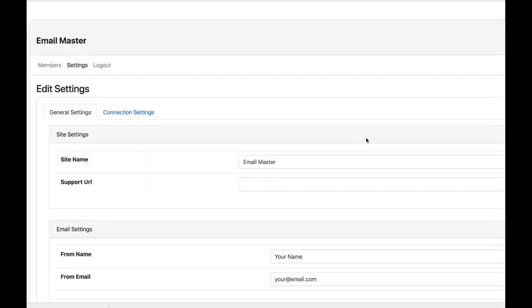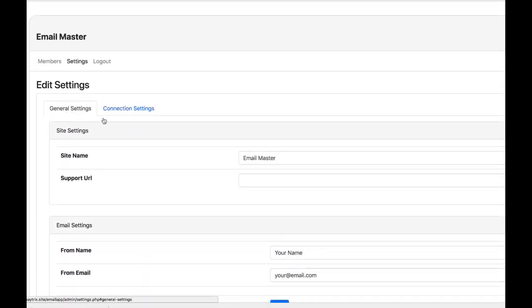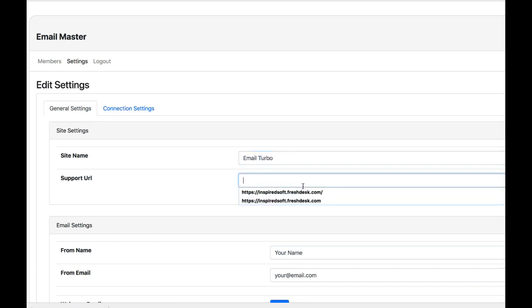So for example, on the settings page, on connection settings, you can rebrand the site name. So instead of being called Email Master, you could call it eBay Email Turbo, whatever you wish. Support URL. Now, as always with any of our applications, you are welcome to use our support desk or use